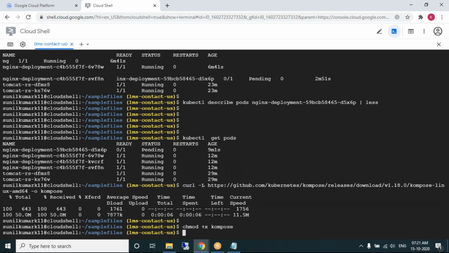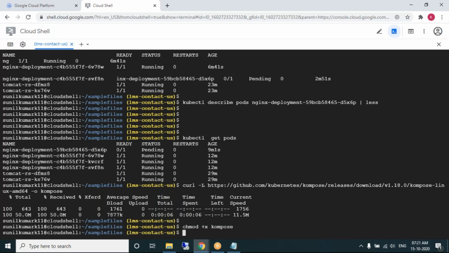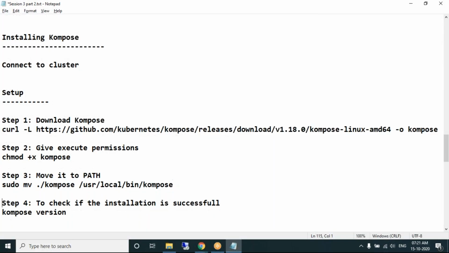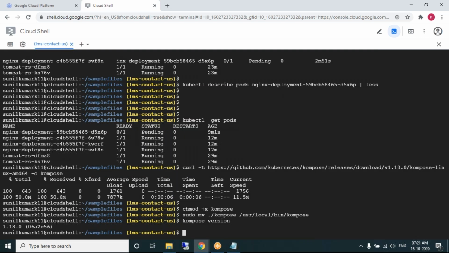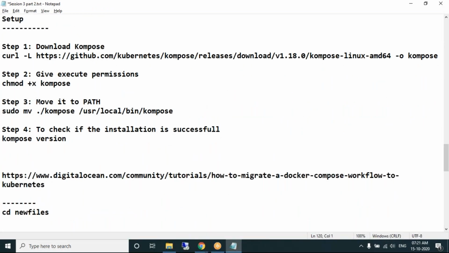You need to change the permissions to that particular Compose directory, and you need to move some hidden file from one directory to another directory. That's it. To check whether Compose is installed or not, yes, it is installed. All these commands I got from the DigitalOcean website.